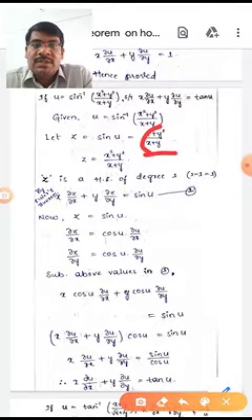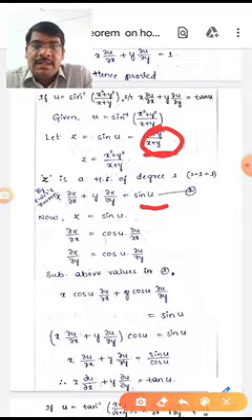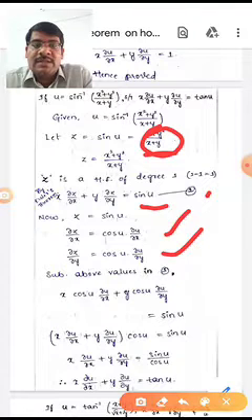Here this is a homogeneous function of degree 1, by the previous problem. Here we are getting, by Euler's theorem, x into dou z by dou x plus y into dou z by dou y is equal to z. Here z is equal to sin u. Differentiating on both sides with respect to x, dou z by dou x is equal to cos u dou u by dou x. With respect to y, dou z by dou y is equal to cos u dou u by dou y. Substituting these values in equation 1, we are getting x cos u dou u by dou x plus y cos u dou u by dou y is equal to sin u.